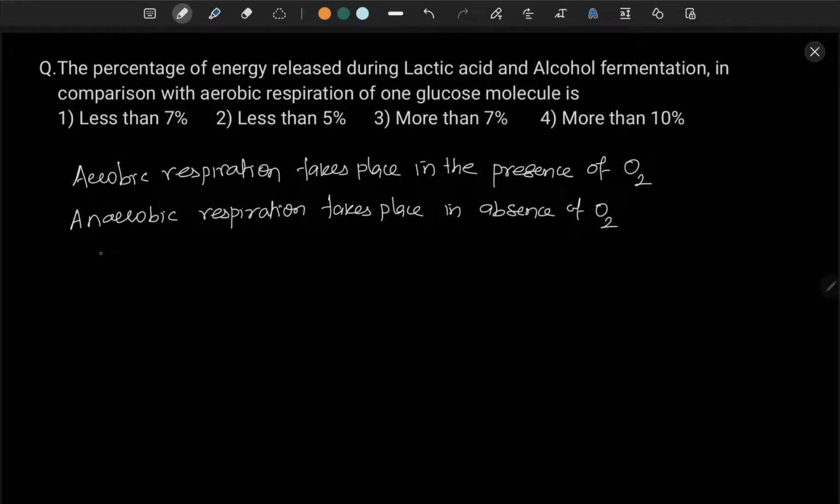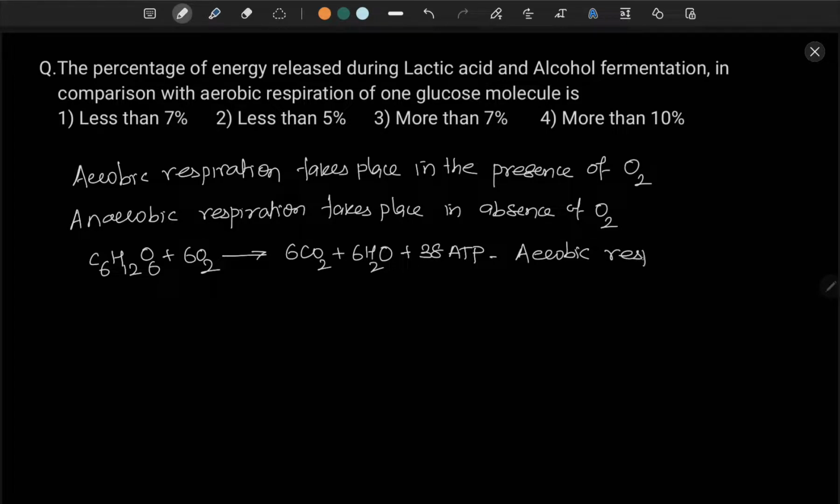The aerobic respiration equation goes like C6H12O6 plus 6O2 gives rise to 6CO2 plus 6H2O, and about 38 ATP molecules are formed. This is in the case of aerobic respiration of a glucose molecule. Now, if you see anaerobic respiration of the same glucose molecule,